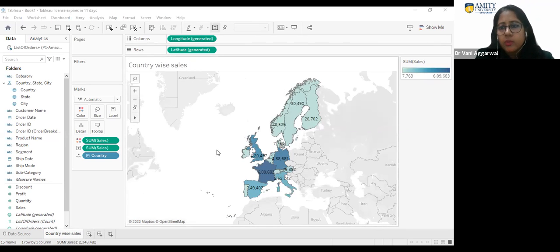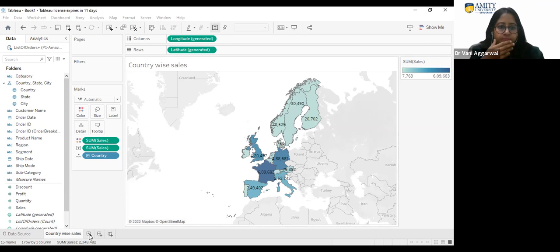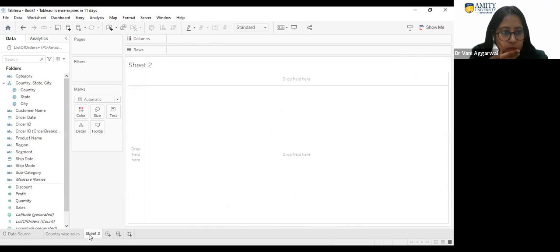You can do editing whatever you want to do. If you want to create for profit, you can create it for profit, because we need different worksheets to generate one good interactive dashboard. This is the whole agenda here. All right, so this is one chart I have created, one map chart. Next, what do I want? Maybe I want to create